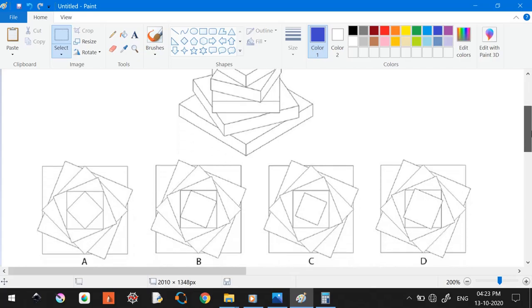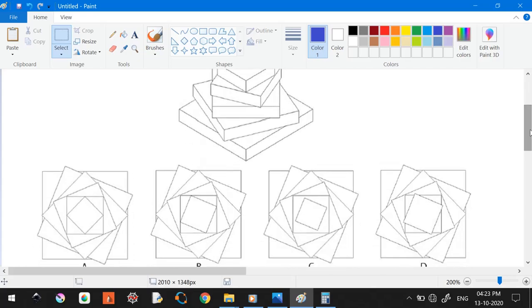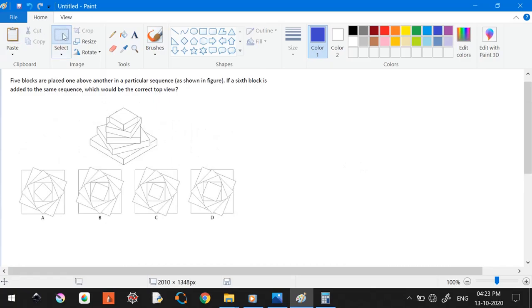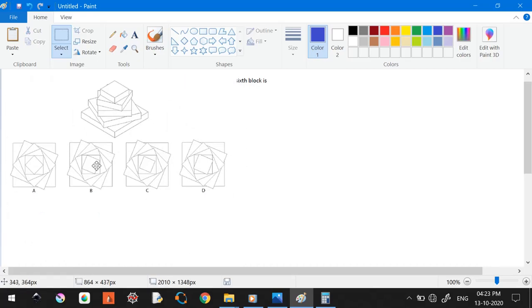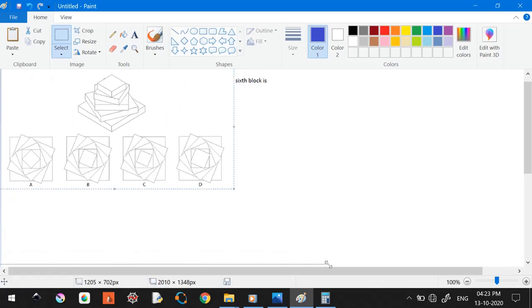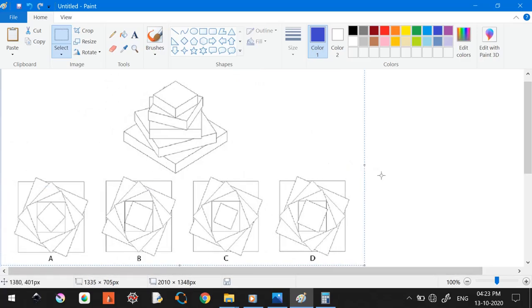Okay, so yeah, what can we do? Just let us think. Not comfortable. Let me do one thing. Fine. So what is the catch here? 5 blocks, 1, 2, 3, 4, 5 are there. So if I count that, 1, 2, 3, 4, 5, 6 blocks are there. Okay, so 6 blocks are there, which is correct.